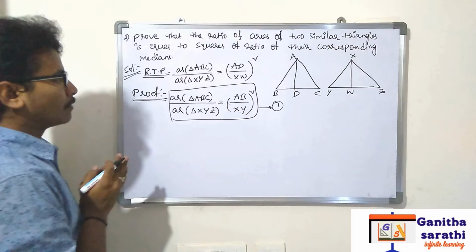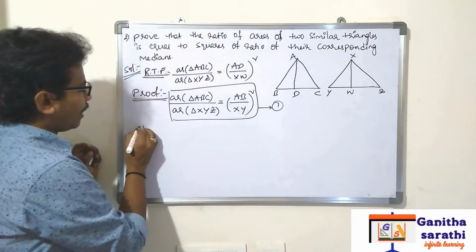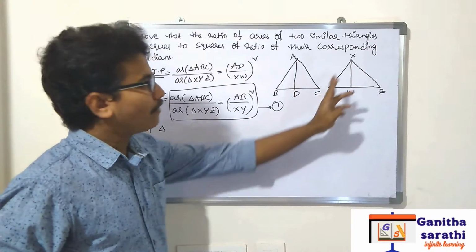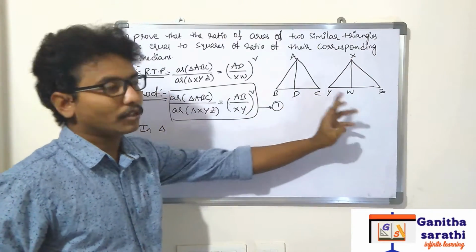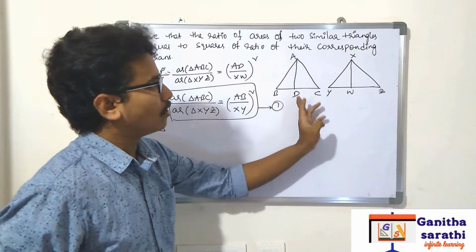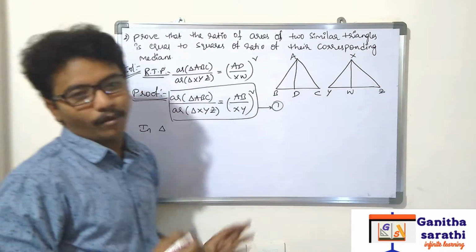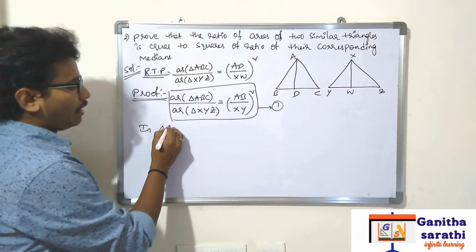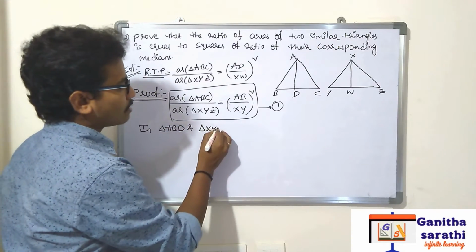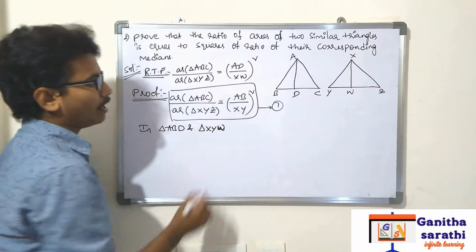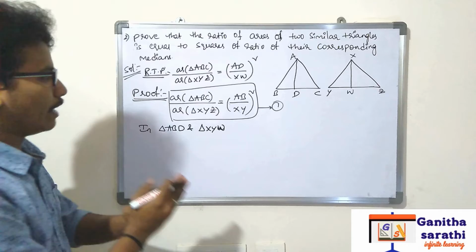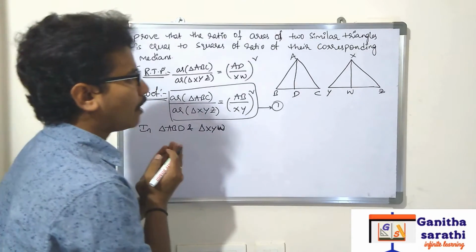Now see here. See, I am taking two triangles. What are the two triangles? In triangle ABD and triangle XYW. Got it? In triangle ABD and XYW. You can take like this also, ACD and XZW. Your wish, okay? In triangle ABD and triangle XYW. So see, first we have to prove the similarity for the two triangles. For proving similarity, what we have to do?